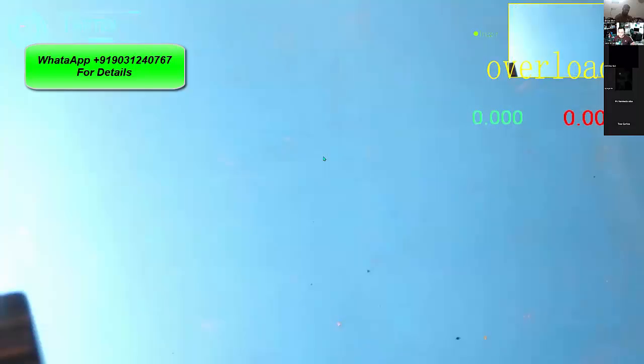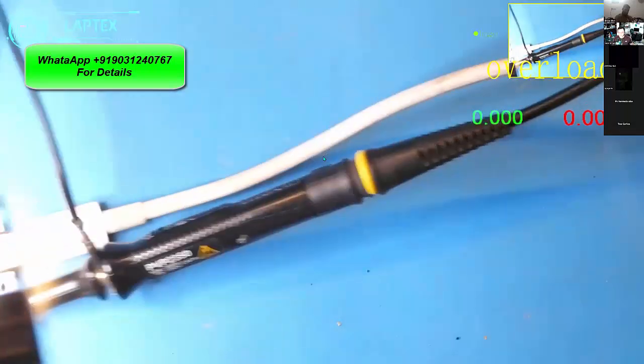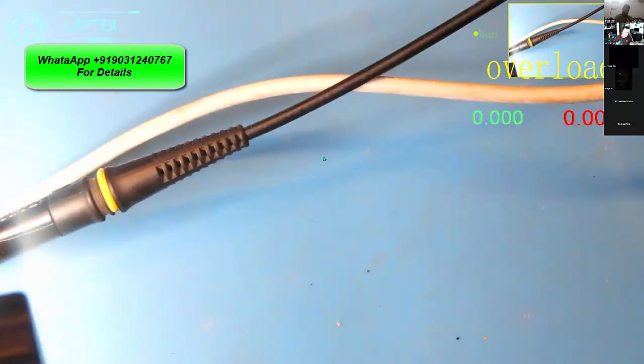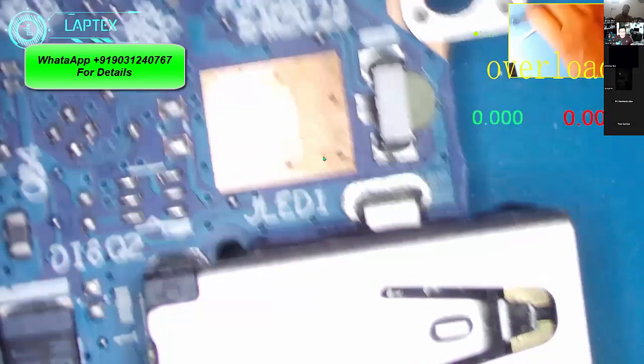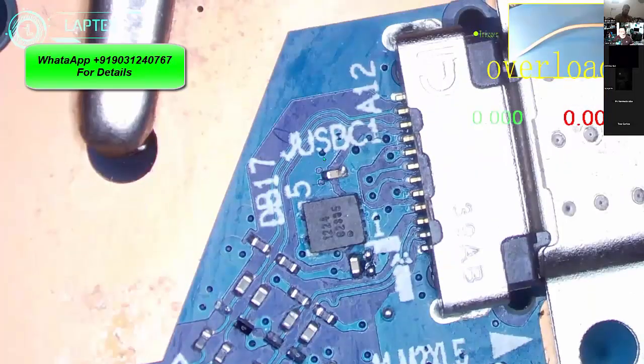So let's come, and I'll show you the DC jack here. This is the DC jack. And Dildar sir was telling you that these are the mirror pins, 12 pins on the one side, and the other side I cannot see because it is inside the connector. So let's talk about the one side of the pin, the 12 pin.